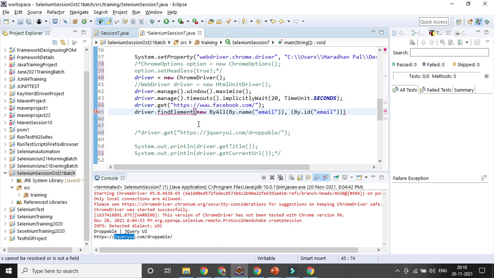Find element only, ByAll by id. I don't think I need to give any reference here.